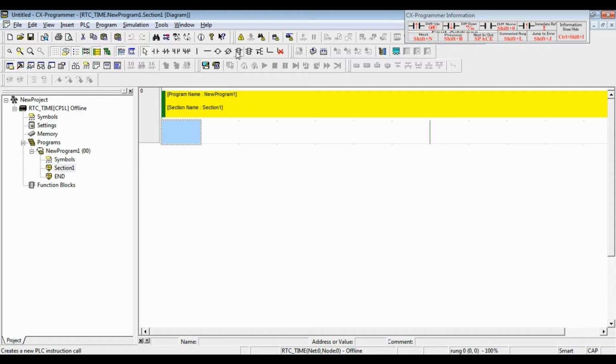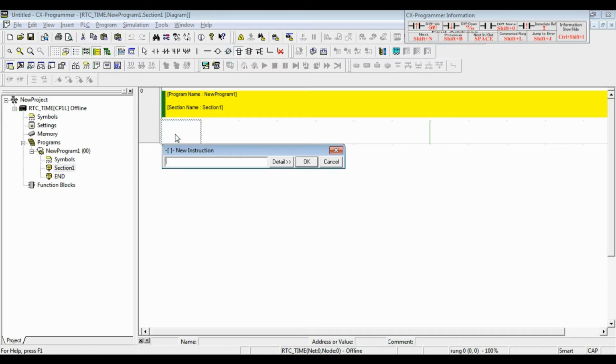I should get a new PLC instruction. I click here and I put it here. So I should write the address: greater than equal DT, space, #38, space, A351, space, D100.